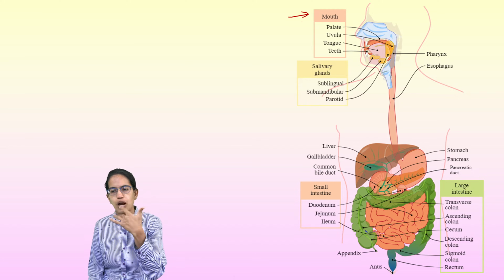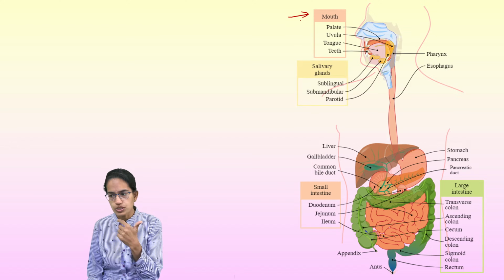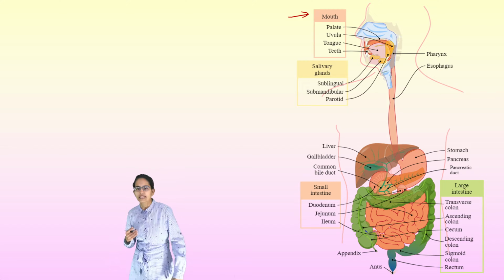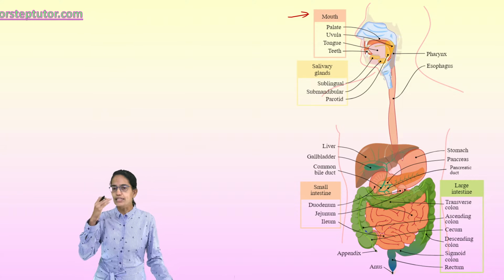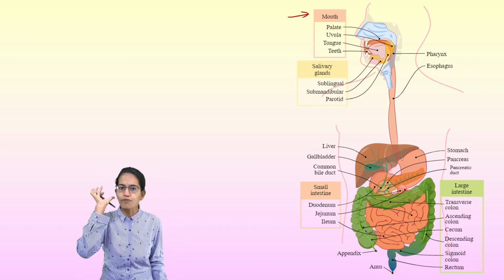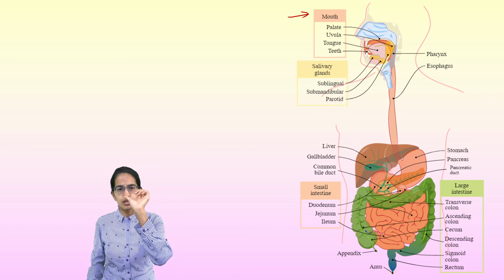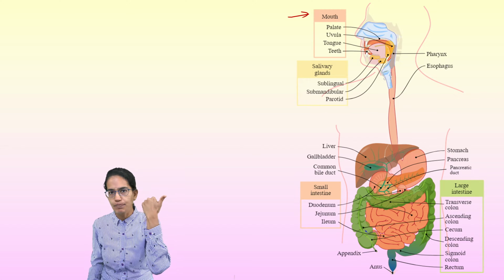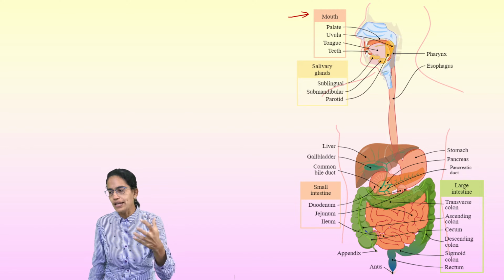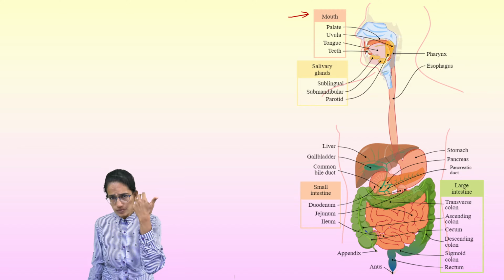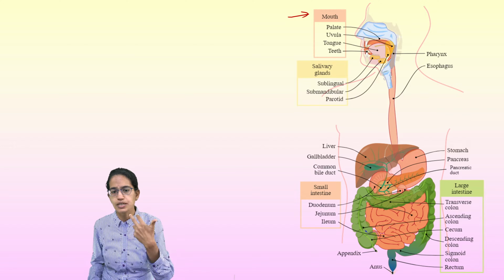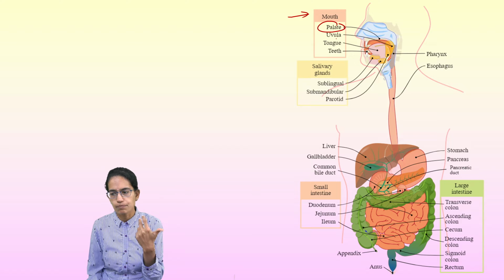So, in the mouth, you have the lips. The lips are soft movable structures, and they are mainly meant for sipping and sucking. Next to it are the teeth. Teeth are the hardest non-bony structure, and they are partially embedded in the gums. The next is the palate: the hard palate at the front, and the soft palate at the back. The palate separates the buccal cavity from the nasal chamber, and therefore the role of the palate is important.